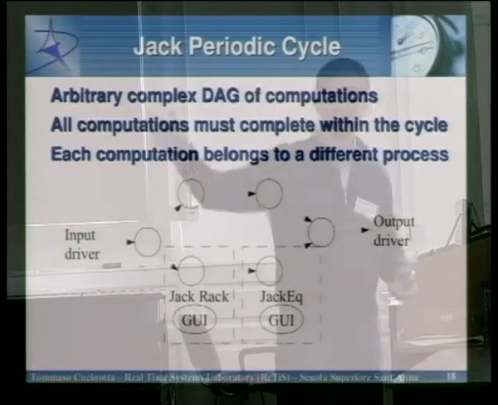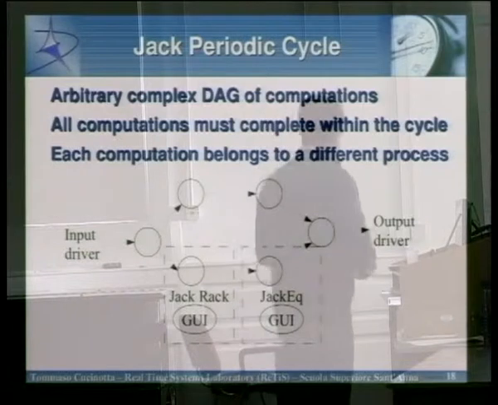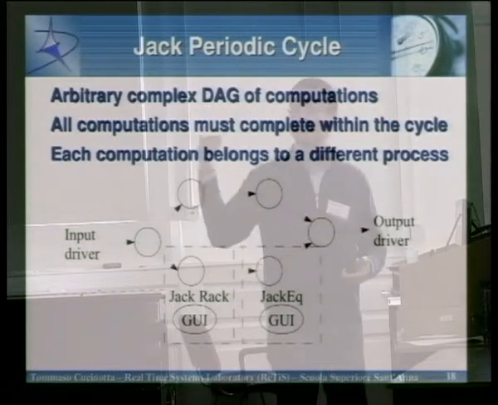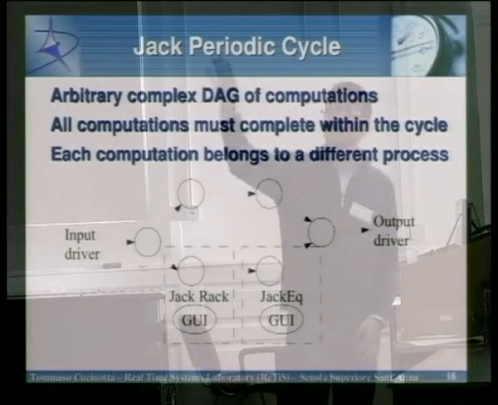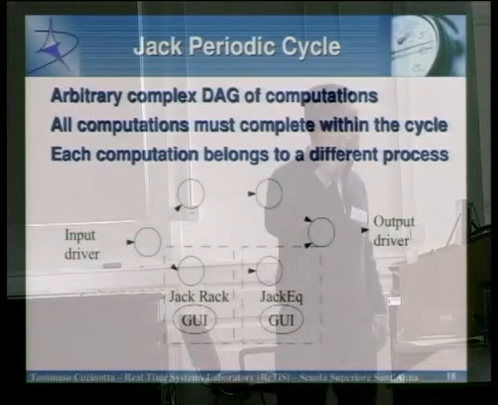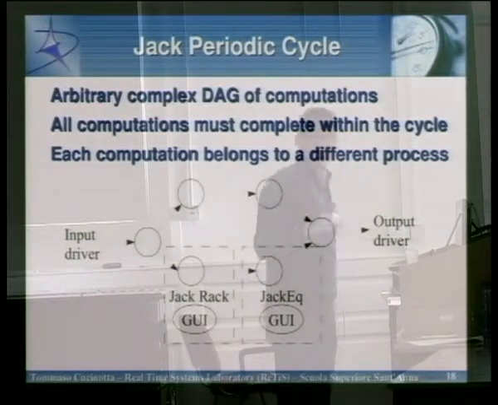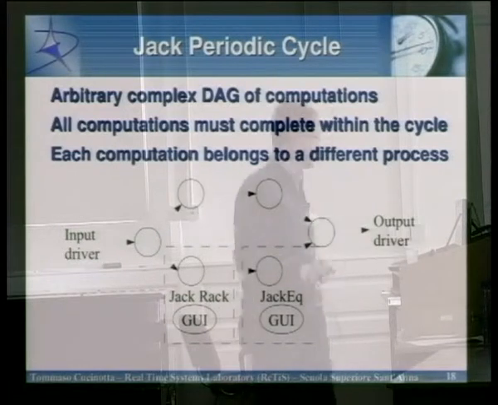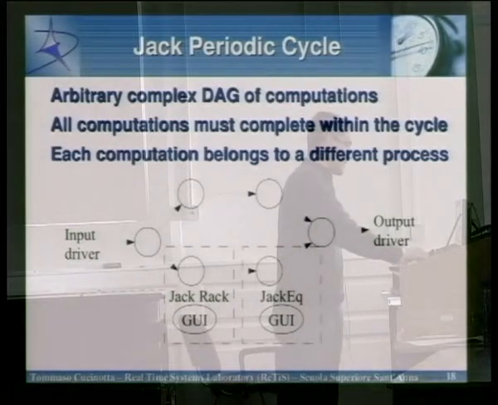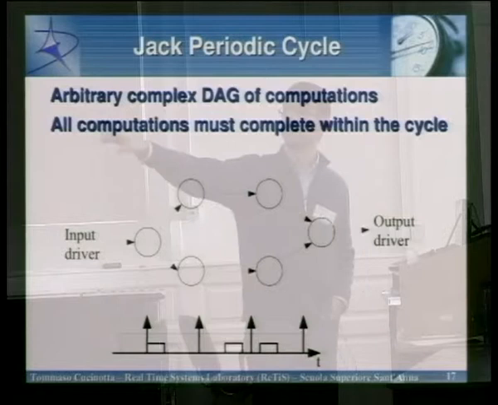So you may have graphical user interfaces typically associated with each one of these threads. However, the balls I'm showing here are only the Jack client threads, so the threads that really are registered into the Jack infrastructure, and which are supposed to not get too much interference from the other stuff in the applications. So given that all of these computations need to complete within a given deadline,